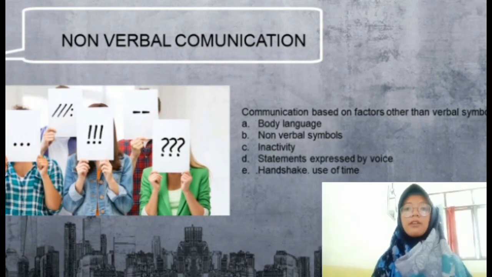It's sign language, such as A, B, or C, like that. It is called nonverbal communication. You must know 5 rules of effective communication. The 5 infallible laws of effective communication are summarized in one word that reflects the essence of communication itself, namely REACH. The first one is respect.